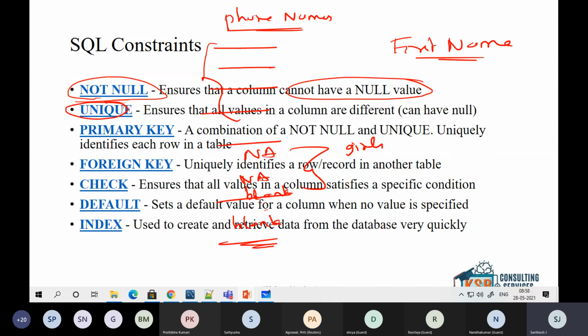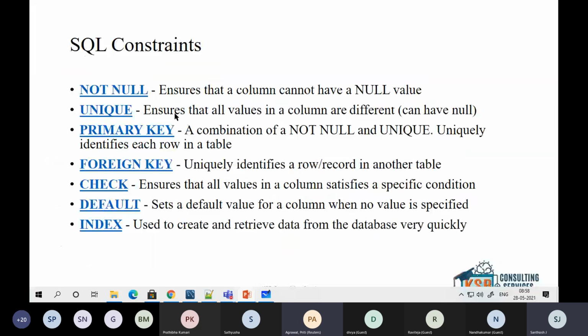Okay. Now I'll ask one question. If you go for a unique key, this does not support duplicates. Phone numbers cannot be the same. Each one will have a different phone number. Now you tell me, what is the difference between unique key and primary key? I've explained both. You tell me the difference. Unique can be null and primary key cannot be null. Okay, one difference. Then